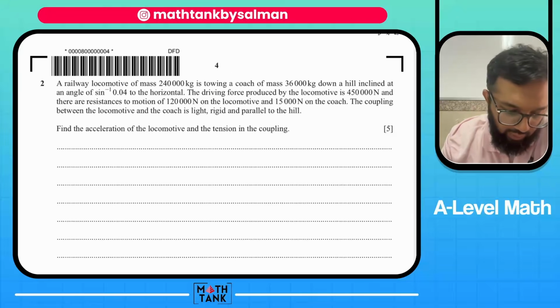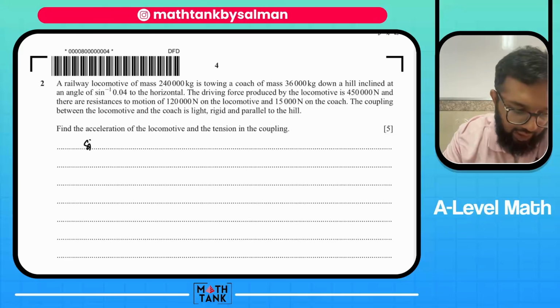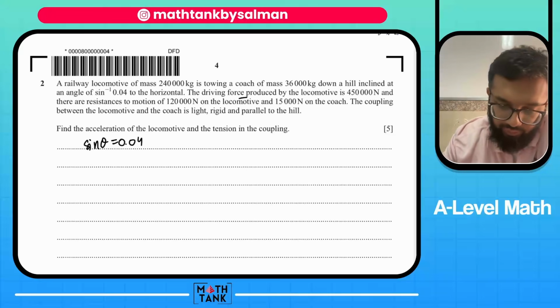So that's 40 over 10, 4 meter per second squared. Okay, a railway locomotive of mass 240,000 kg is towing a coach of mass 36,000 kg down a hill inclined at an angle theta, so sine theta equals 0.04. The driving force produced by the locomotive is 450,000 and there are resistances to motion of 120,000 on the locomotive